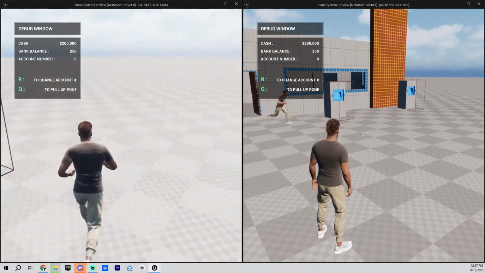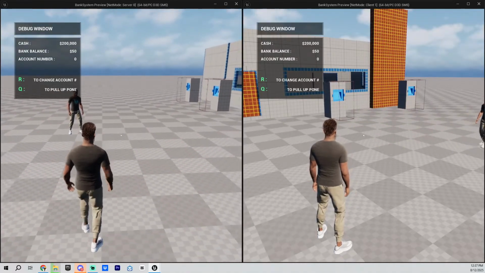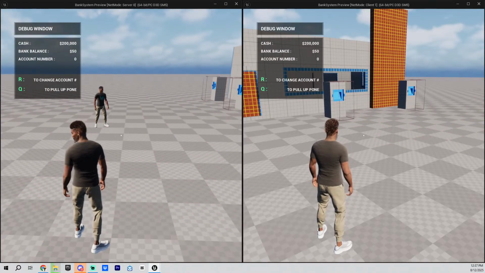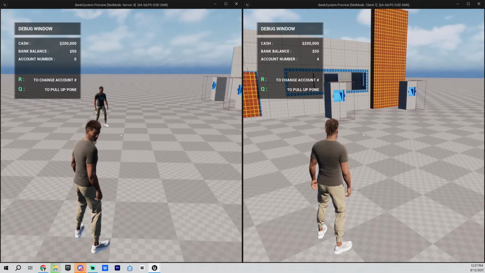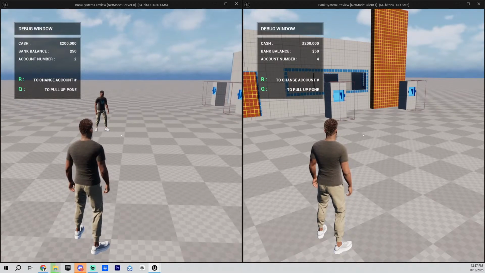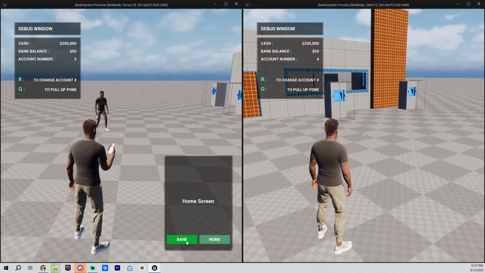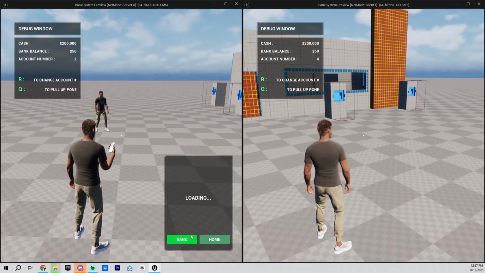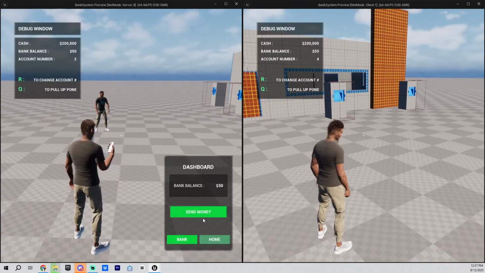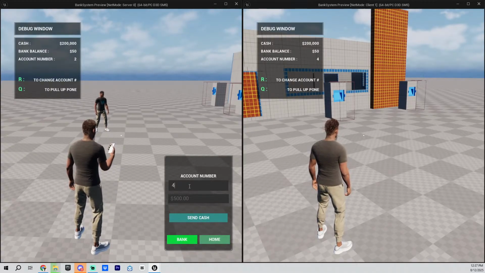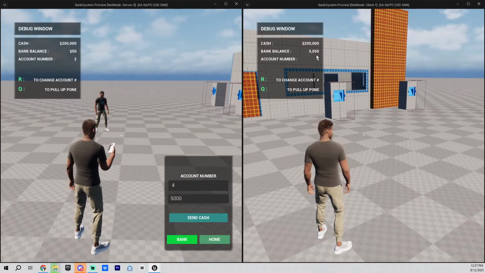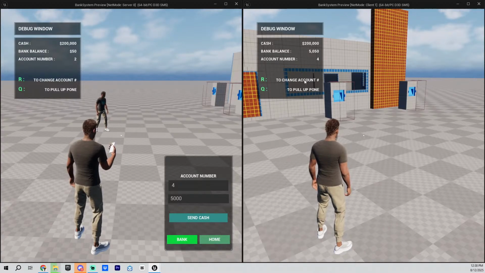Okay, so let me see. With him, let me update his account to 4 and him to 2. So if I want to send some money to the client, go in the bank, it's 4. Right now he has $50. I sent him 5,000. Yeah, right now he has 5,050. Oh, I know why that happened earlier. It's because